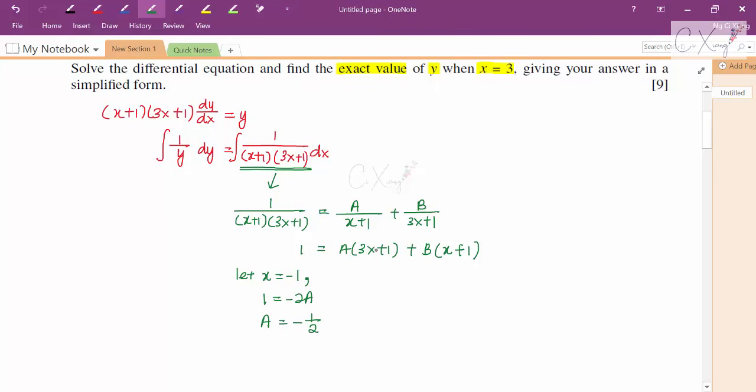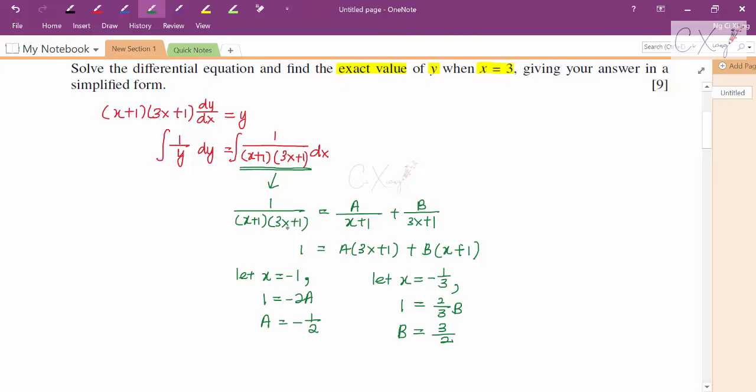Okay, then now I will refer to this bracket 3x + 1, and I want to make it become 0. So I need to let x equal -1/3 so that this bracket will become 0. Right, so after I decide the value for x equals -1/3, again substitute it into the whole equation here. Okay, so I'm having 1 on the left hand side. Substitute here, it will become 0, so a disappears. And then substitute -1/3 into this part, you will actually have 2/3 b. And therefore b is actually equal to 3/2,